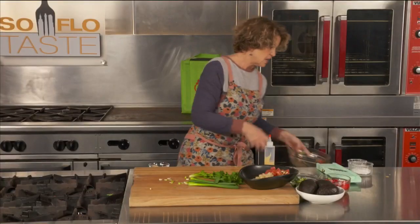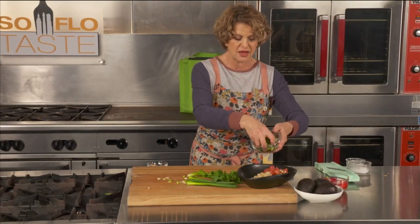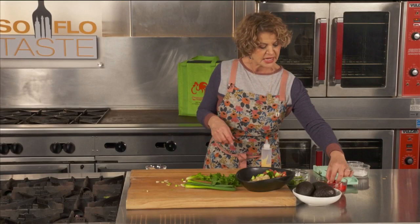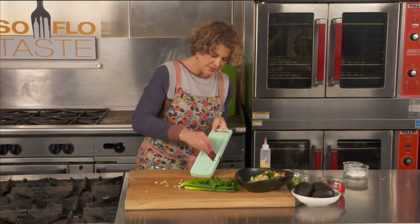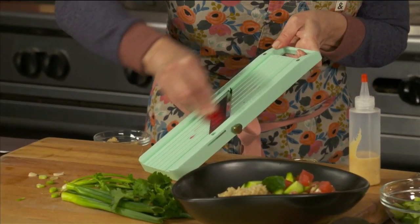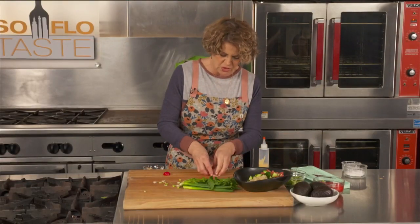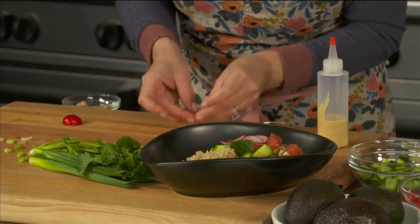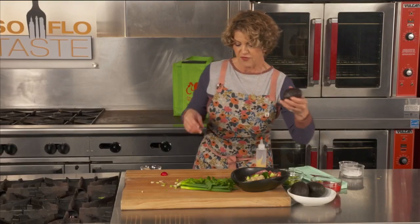Beautiful. Next, take some little curvy cucumbers. I love the peel on. Go ahead and put those down there. Take some radishes and slice them up nice and thin. And put those on your bowl. You want all these beautiful colors and, like I said, flavors and textures, right? Now, for your avocado,